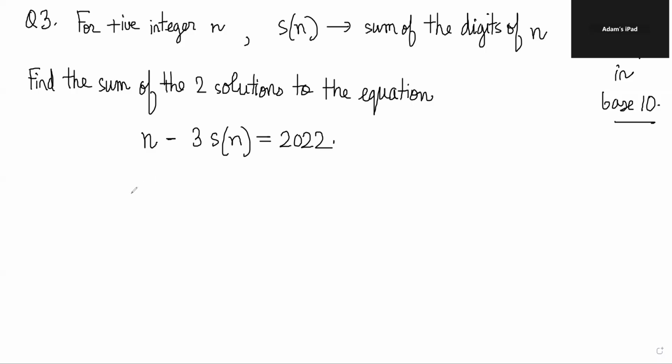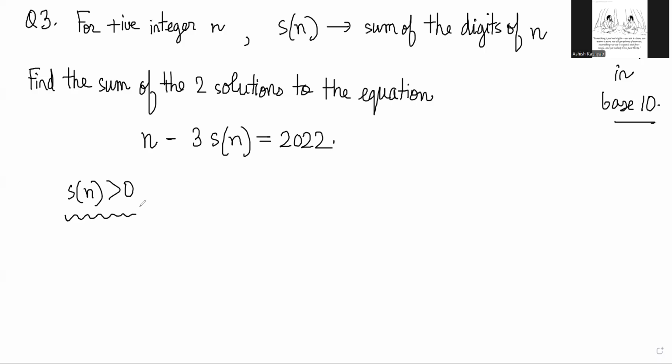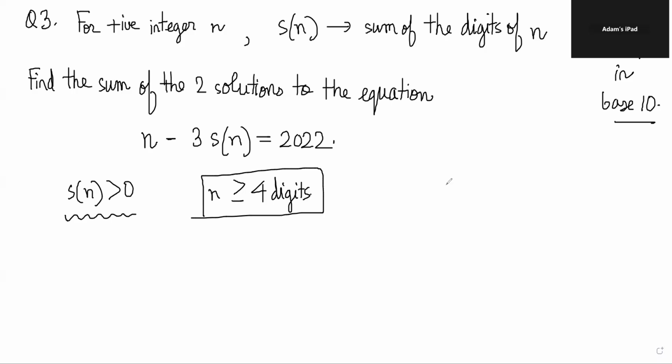So S of n is positive, so it must be at least 4 digits. Wait, S of n is positive, it must be at least 4 digits, so n must be at least 4 digits. Right. Well, n is actually greater than 2022, you know. Yeah. And then